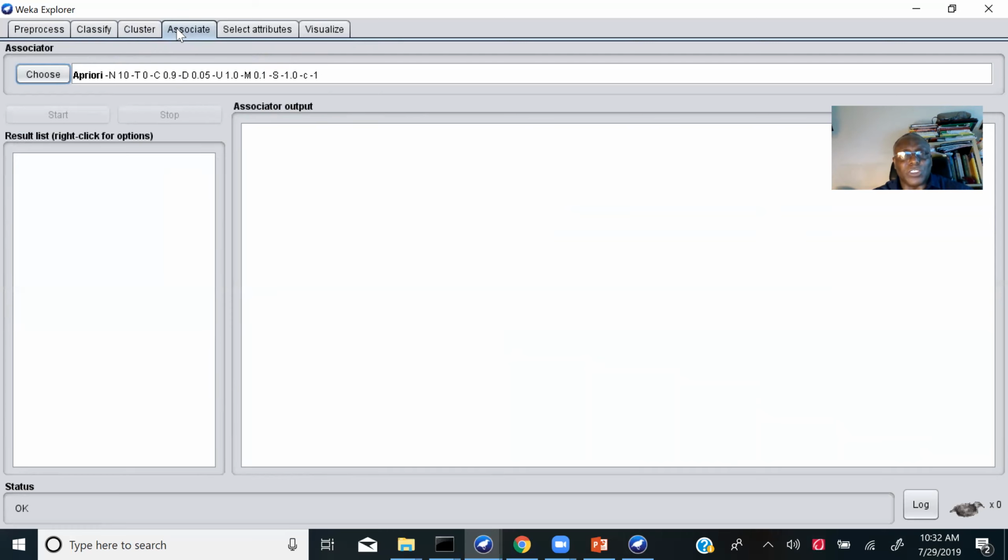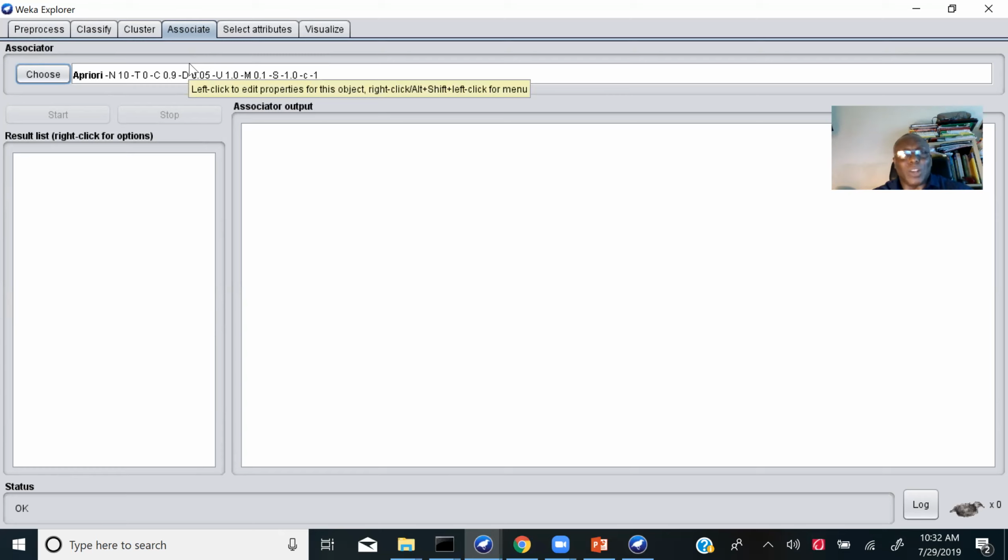Then association. Our goal is to find associations, which is why it's called association. We generate association rules, which means we find if there is any association or relationship between two or more values or attributes.